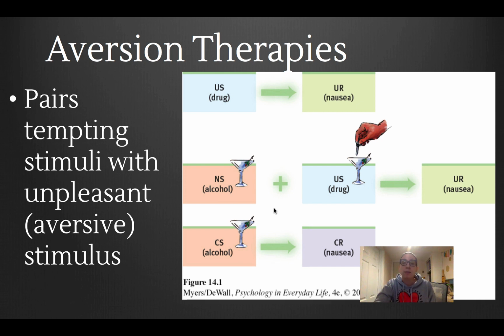And if you're thinking back to how classical conditioning works, you actually see it right up here, right? So our unconditioned stimulus being a drug that elicits an unconditioned response of nausea paired with alcohol. So they would place a nausea-inducing drug in a person's drink so that drinking then elicits nausea, so that eventually they would learn an association between the alcohol and the nausea-inducing drug, so the alcohol itself would elicit a conditioned